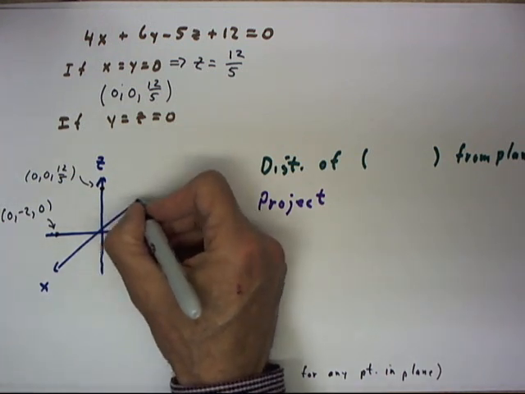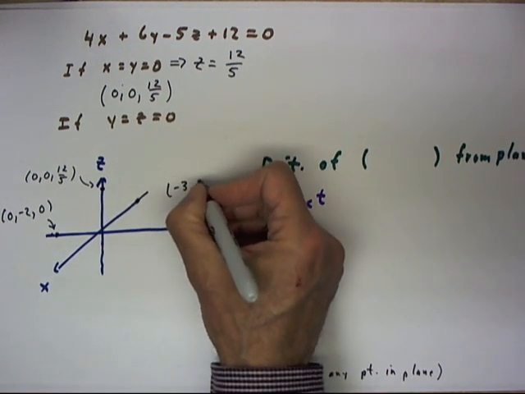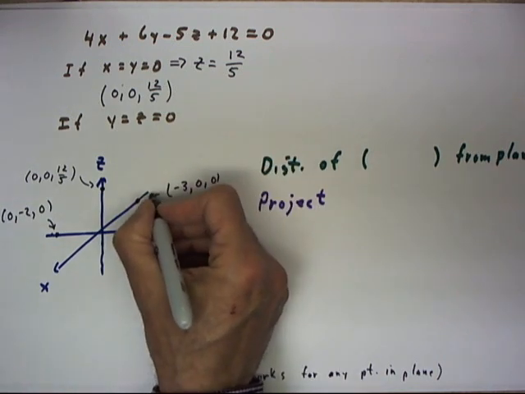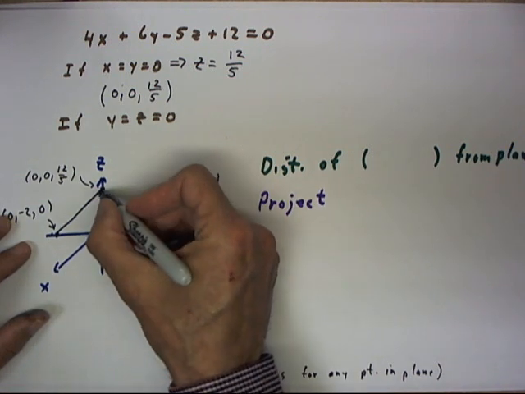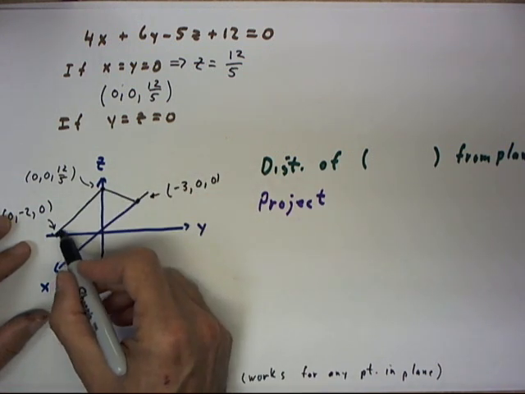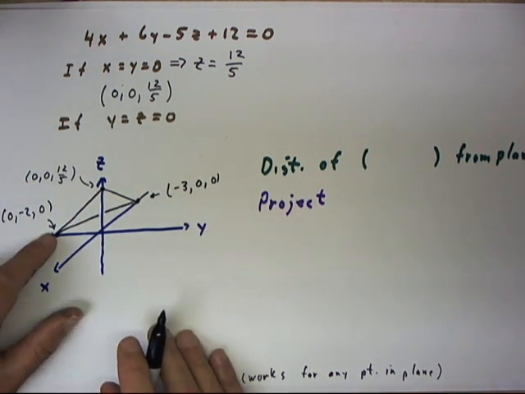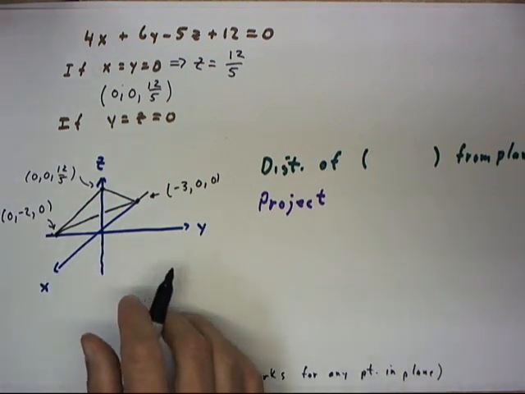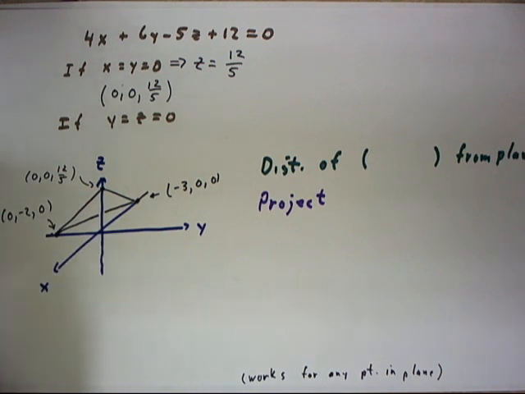So x equals negative 3 might be about here. The point negative 3, 0, 0 would also lie on the plane. So we could draw this triangle with this side going behind the z-axis and sort of represent at least part of the plane. Now we want to ask a question about another point. Let's take a point,